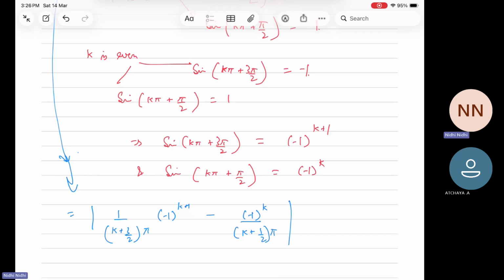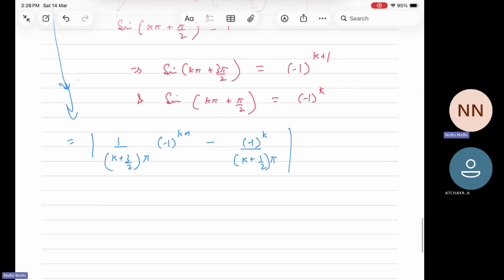So taking minus 1 to the power k outside, and since we have modulus, everything turns out to be positive, because this can now be written as, we can take minus 1 to the power k plus 1 outside, and since we have modulus, it does not affect. So we are just left with 1 upon k plus 3 by 2 pi plus 1 upon k plus 1 by 2 pi, which is eventually equal to